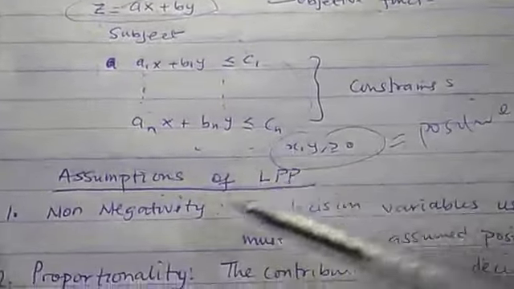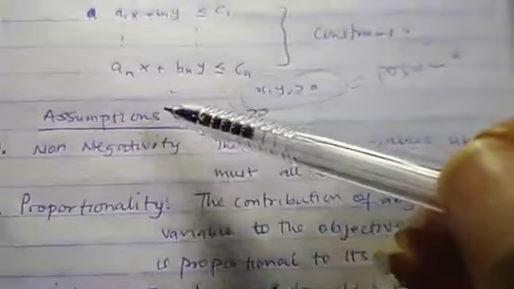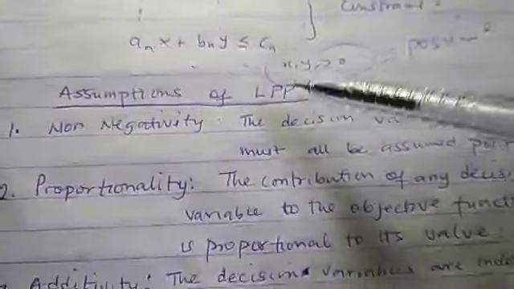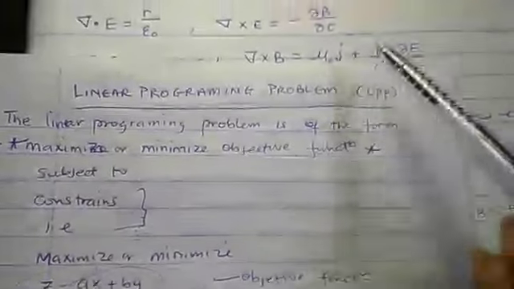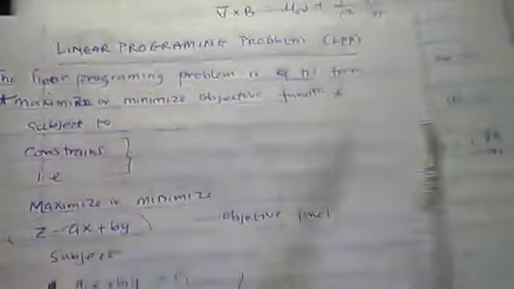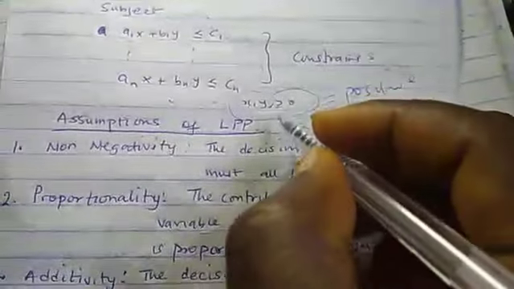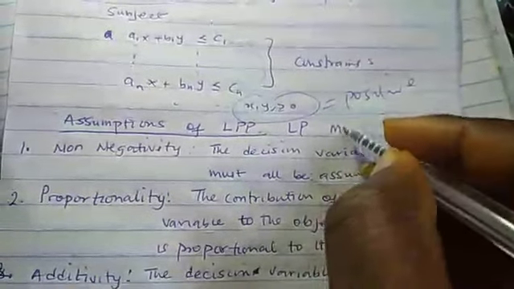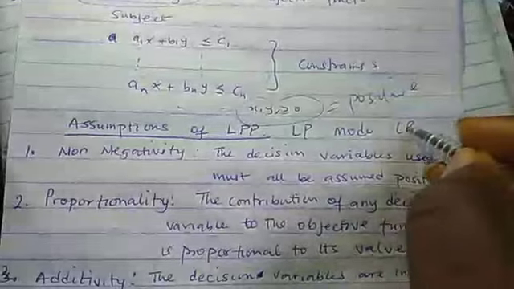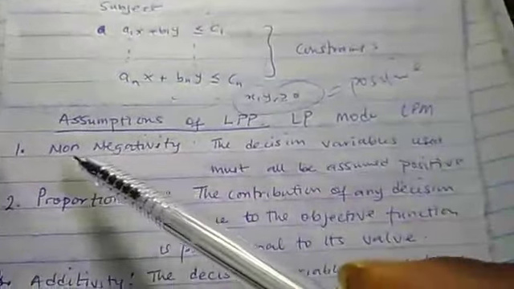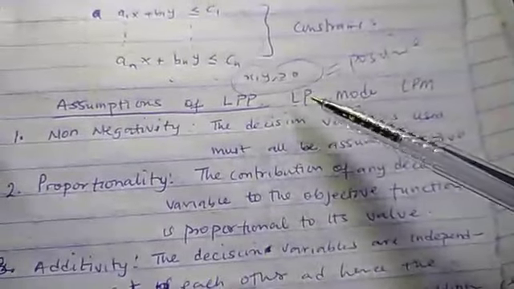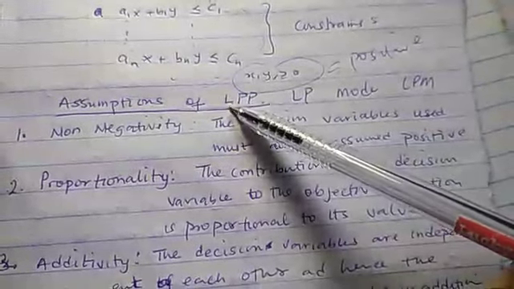Now, to formulate the linear programming problem, we need to know some things, and those things are what we call the assumptions of a linear programming problem. LPP means linear programming problem, or we can say linear programming model, LPM, which is still the same thing. So when we are formulating an LPP,